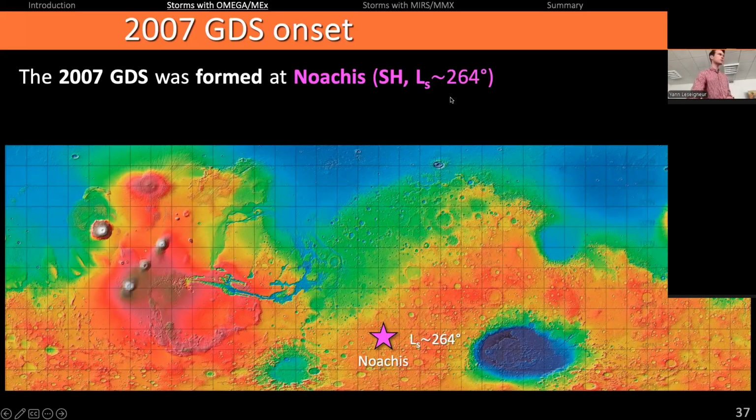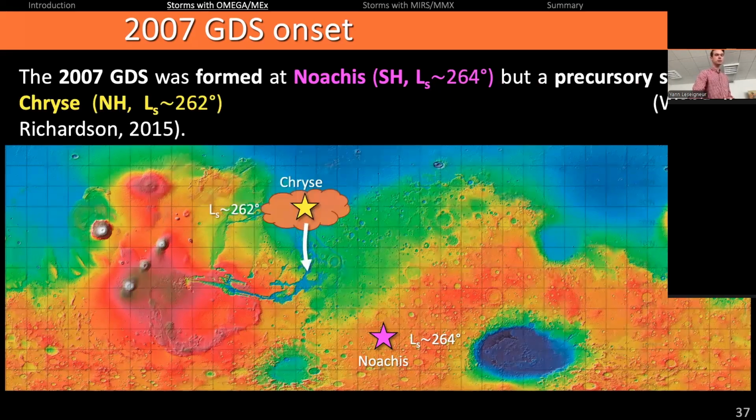But we also have images that show one precursory storm that formed at Chryse in the northern hemisphere 2 degrees of solar longitude before. And we know that Chryse is also the formation site of the global dust storm,